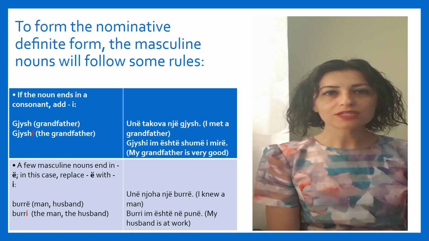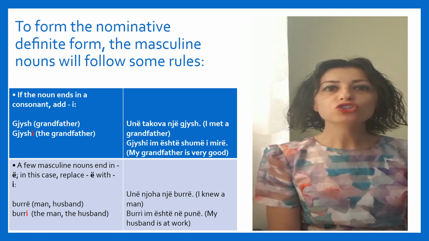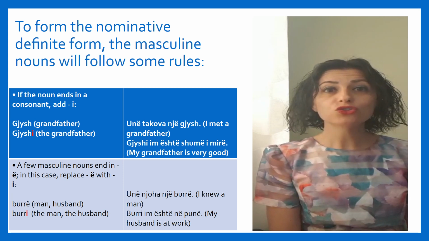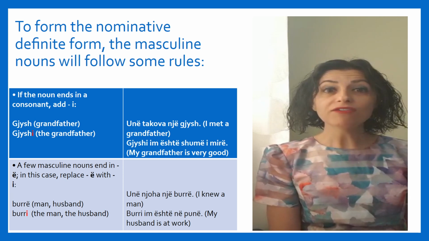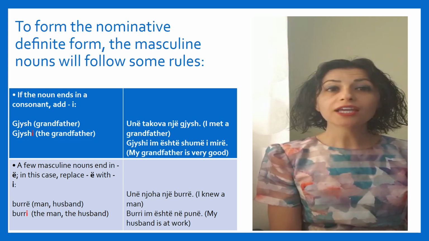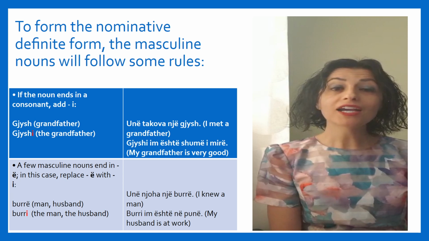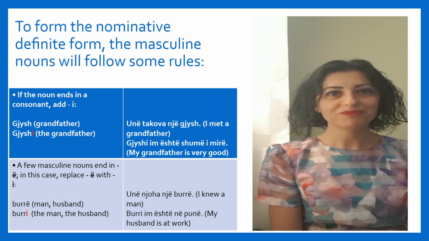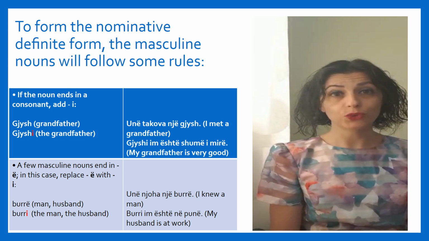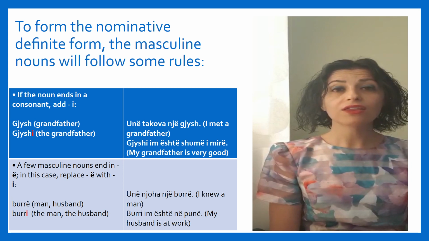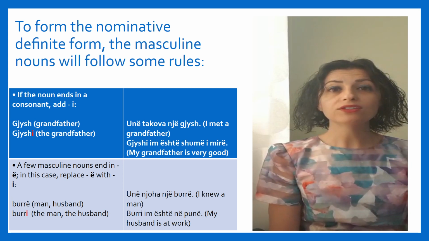Let's see some examples. With the first example, gjysh. Unë takova një gjysh. I met a grandfather. Now, the definite form of the nominative case, gjyshi. Gjyshi im është shumë i mirë. My grandfather is very good. Alright, so this was the first rule. So remember, if the noun ends with a consonant in the indefinite form, then you have to add "i" to